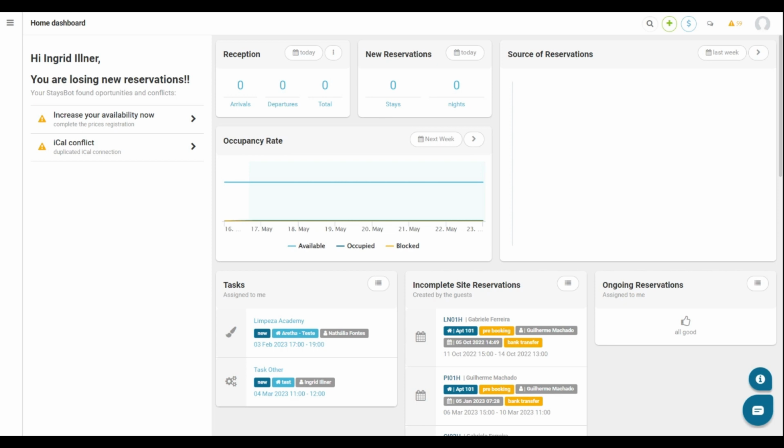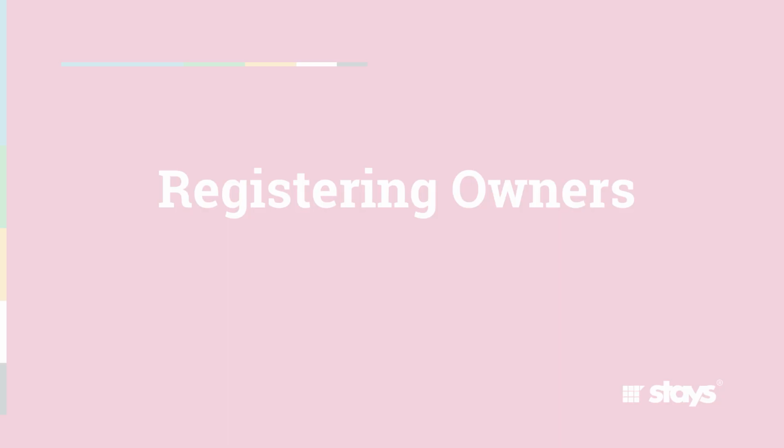This is an exclusive area for owners, where they will be able to monitor the accountability for properties, status of reservations, calendar of listings, among other information. We will show you the main configurations and tools that you, as an administrator who works with properties, can use in your accountability routine.